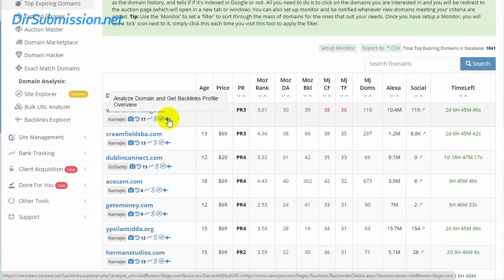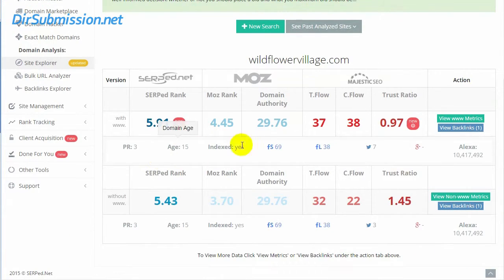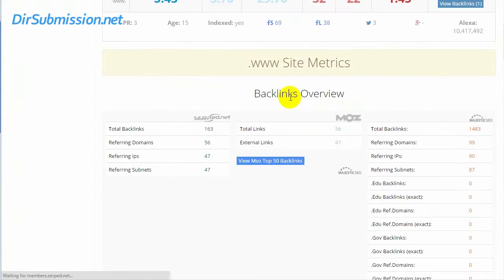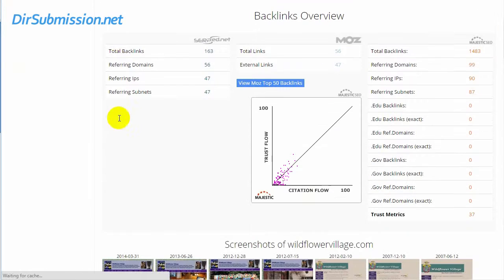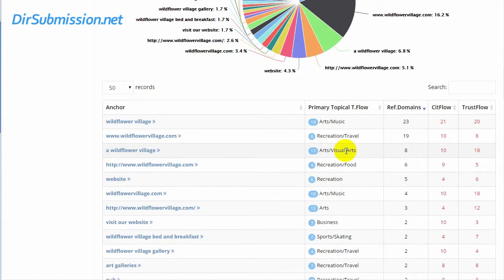You can get the backlinks profile. Site Explorer will give you this view, which goes through all the info from Majestic, Moz, based on with the www or without. Let's do view metrics. Now it's going to go through what is for with the www, goes to SERP showing 163 backlinks, Moz showing 56, Majestic showing 1483. Gives you your graph, snapshots, anchor text, and what percentages they are, the topic that they're